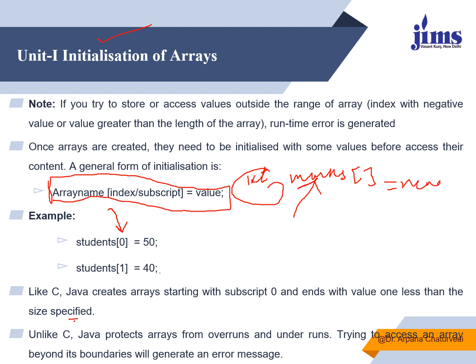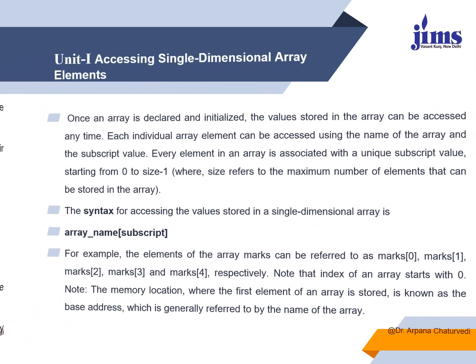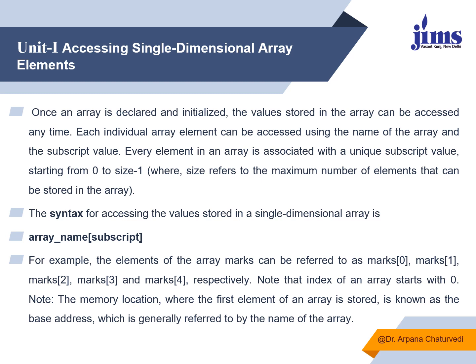So this is how we declare, and if we are taking input in an array, then definitely we have to make use of loops, and using loops we can store the value in different positions. Now see how to access an element from a one-dimensional array. To access an element, we simply write the name of the array and the subscript position. If I say 5, it means that I want to read the value of the 6th position. If I say marks 2, it means I want to read the value of the 2nd position element. So the syntax is array name and the subscript.